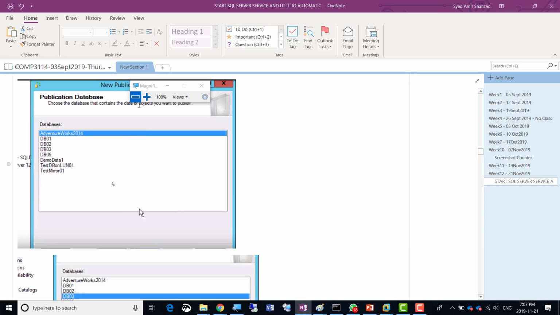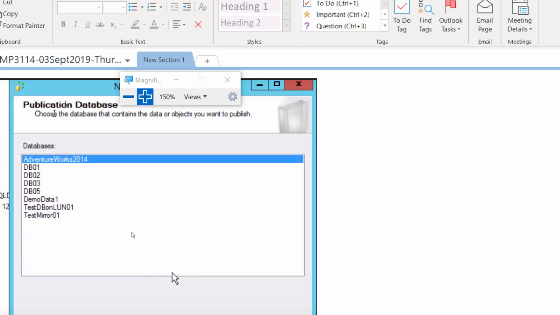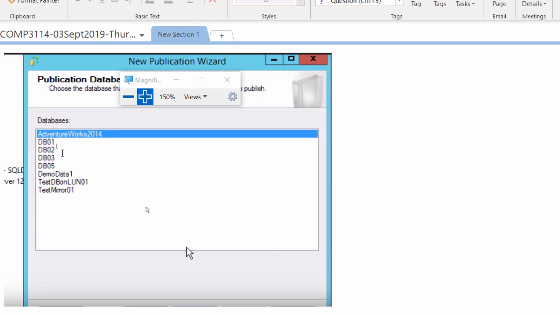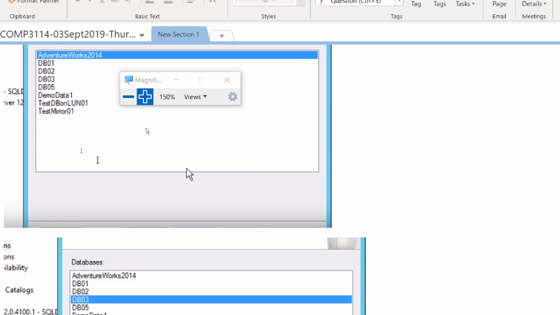Okay, so here, we're going to create our own database, but we need to understand that the publisher has to know which database's articles we need to publish, which database's tables you need to publish, or any other item. So we're going to first select the database, but we're going to create that first ourselves, and then inside that we're going to create a table ourselves, and then we're going to go for the publisher or publication of the